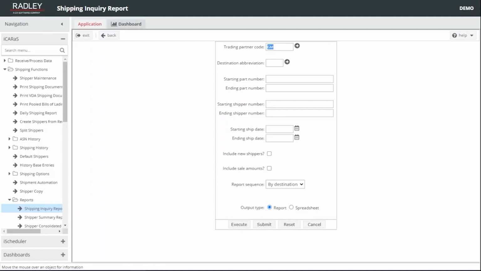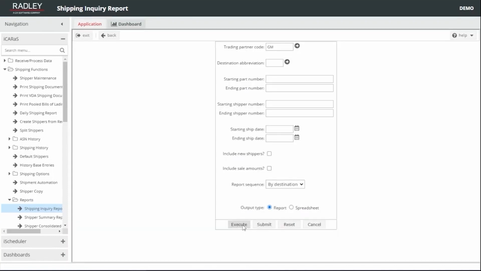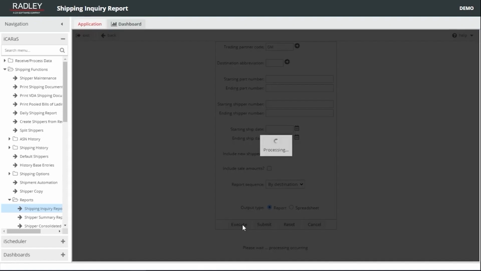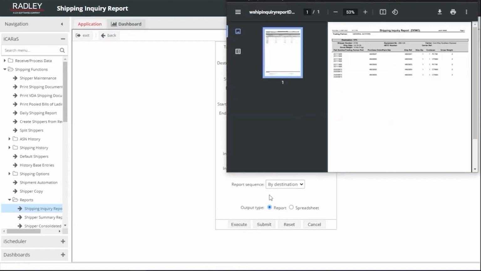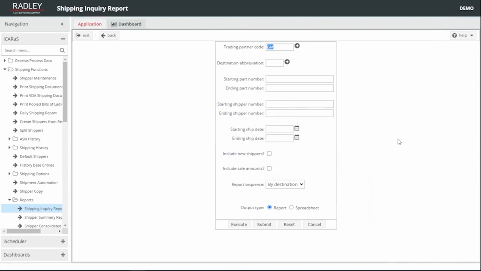Files are open, records are processed, files are closed, and then the report is returned to the client. Our users have the option to either submit the job to run in the background via our scheduler product, and then they can review the report on their own time, or they can interactively execute the process in which the report will be opened immediately upon the process finishing. These screens are pretty straightforward, nothing in particular that I want to point out, so I'll move on to a